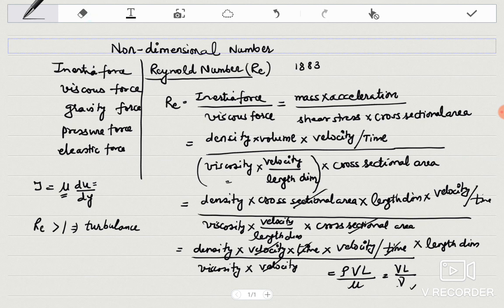and if your inertia force is weaker than the viscous force, then these types of flows are called creeping flows, and are also recognized as laminar flows. Here turbulence occurs and here flow is laminar. So there are certain ranges. If I write the specific ranges,